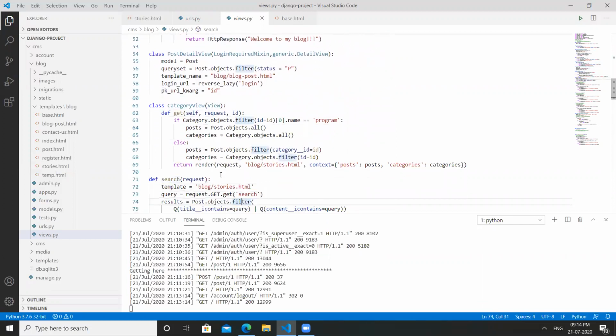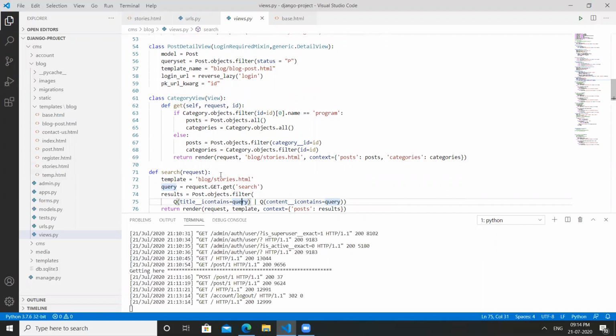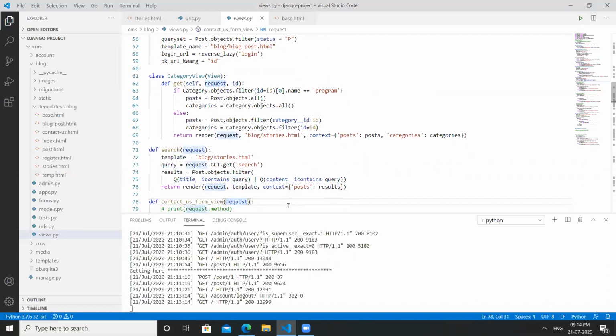And this is the category view, and we are giving a search request. We are making a request so that the query set goes to the request, and it searches the results, and it applies the filters which we are seeing, by category as well as by title and content. And it returns the template for the post when we click on the search, so that it searches the query set from the home page, and it goes to the category which is related only to the suitable one.